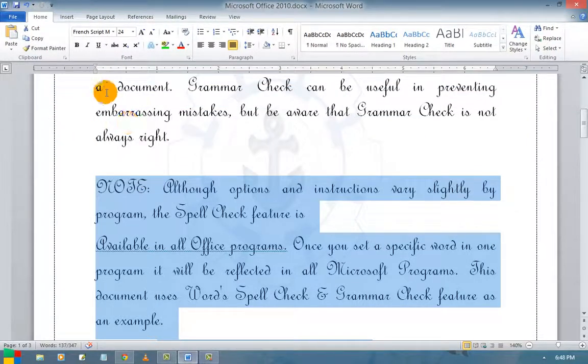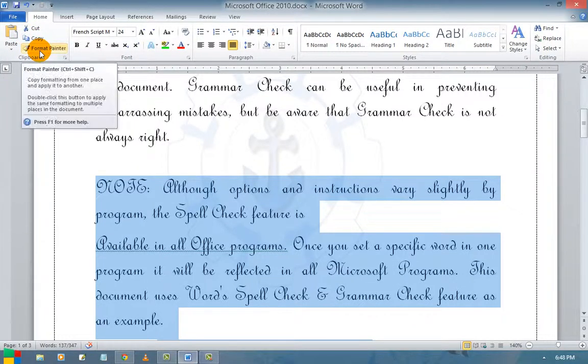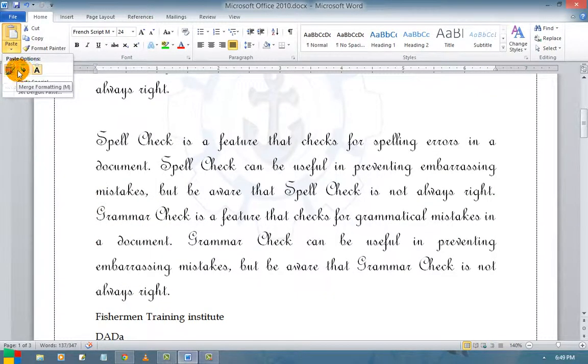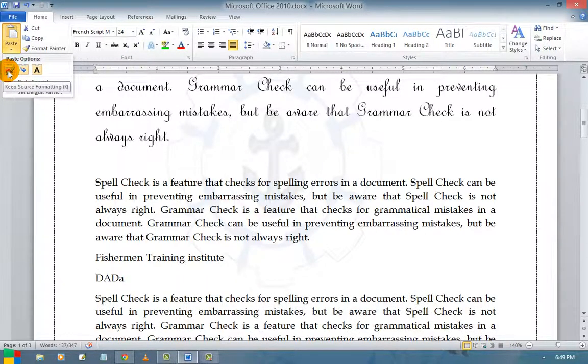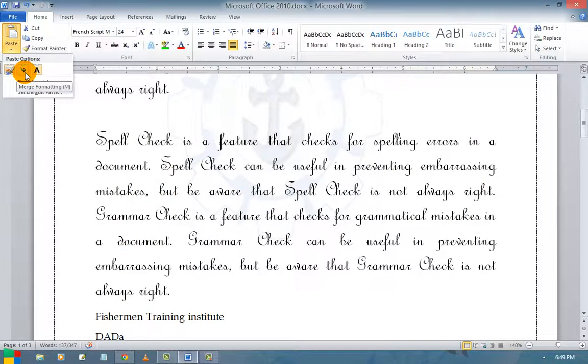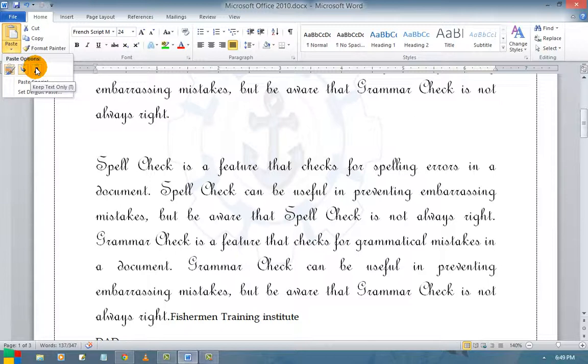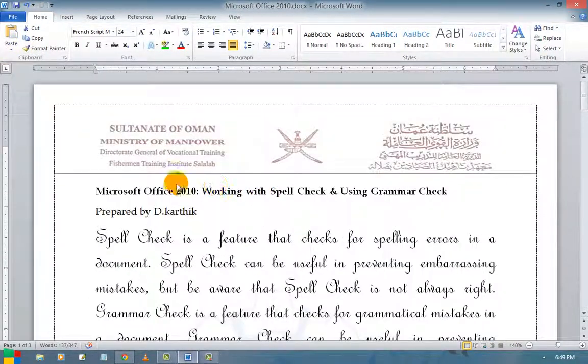So cut, copy, paste. Whenever you want to cut, the shortcut is Control X, copy, Control C, and for format painting, Control Shift C to copy only the format, and if you want to paste the format, Control Shift V to paste the format. And paste is a normal paste. So keep source formatting, it's a merge formatting. See, keep source formatting, keep merge formatting. Whenever it changes, see the difference. So this is text formatting. Alright, so these are the various options we can work with in this clipboard.